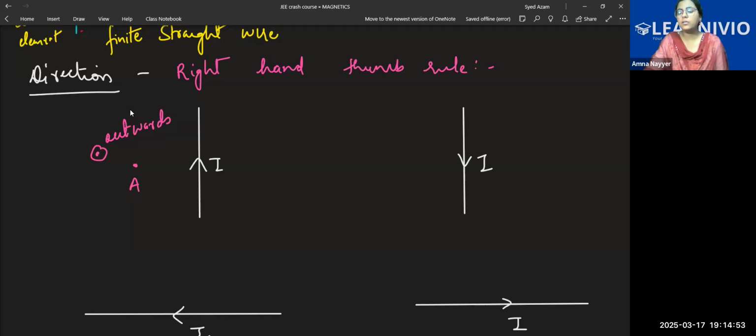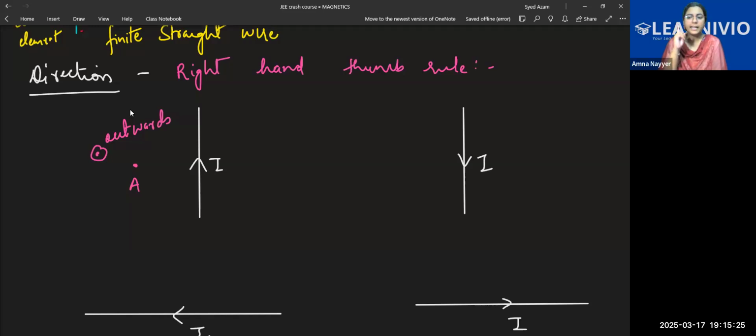The second method that you can use is the one I prefer. I don't prefer the first method. In the second method, you put the palm of your hand along the direction of current. If the current is pointing upwards, my fingertips, these nails, should point upwards like this. I can put it like this also, like this also. All these directions are possible.